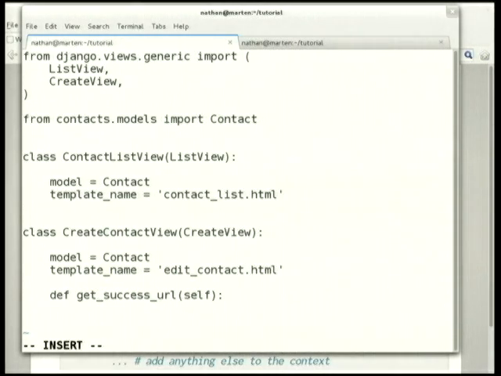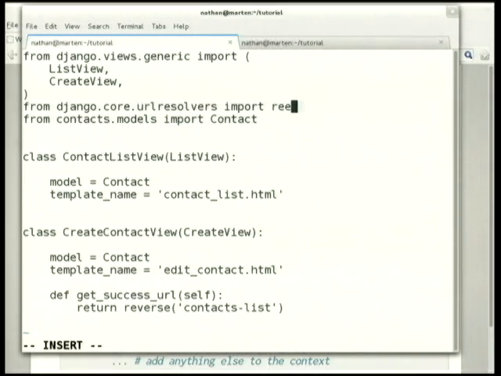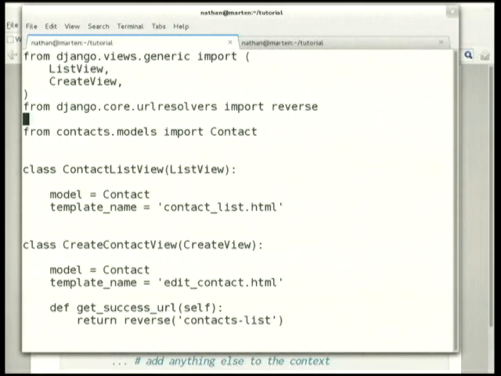So remember when I said earlier that by giving your URLs a name, you can refer to them by that name as opposed to by their actual URL. So I'm going to do that right here. I'm going to use this function called reverse. And I do need to import that. Resolve import reverse. Okay, so what this is going to do is, when it gets to that reverse, it's going to take